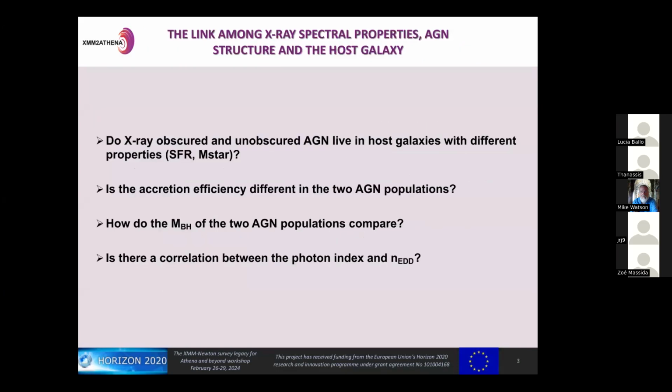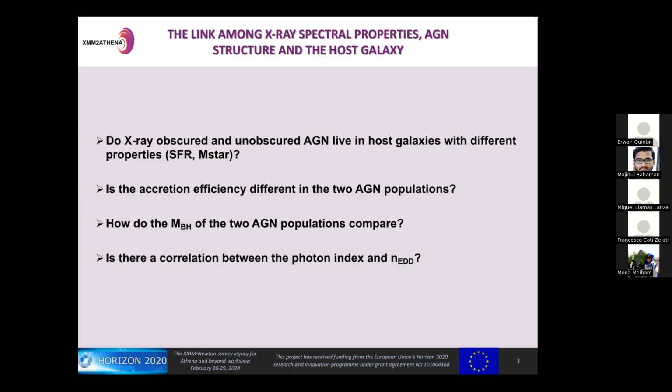to this work. So there are 4 topics that we have investigated in this work. The first one is we examined whether the host galaxy properties, and by that I mean the stellar mass and star formation rate of X-ray obscured and unobscured AGN are different. We also examined if the accretion efficiency of the 2 AGN populations differ. We studied the black hole masses of X-ray obscured and unobscured AGN, and finally we investigated if there is a